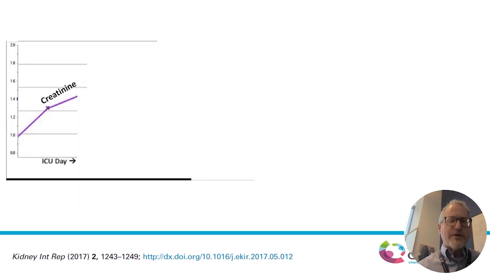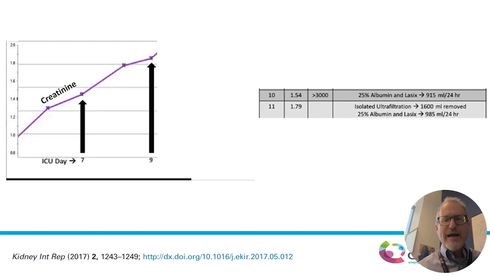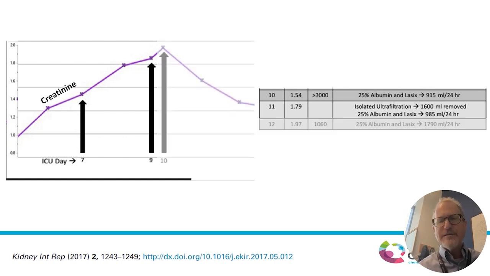So again, if we look at what happened, his creatinine starts to increase, and then we see on day 10 of this whole course, his urine NGAL is greater than 3,000. We give 25% albumin and Lasix, and he had a little bit of a response of about a liter. Creatinine continues to rise, and since the NGAL was so high, we did isolated ultrafiltration again, gave albumin and Lasix,